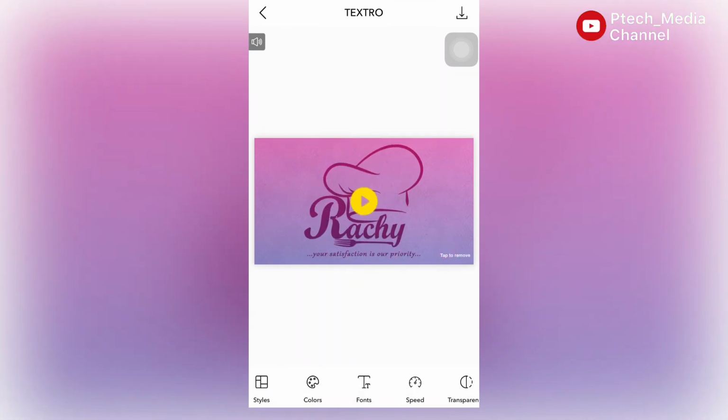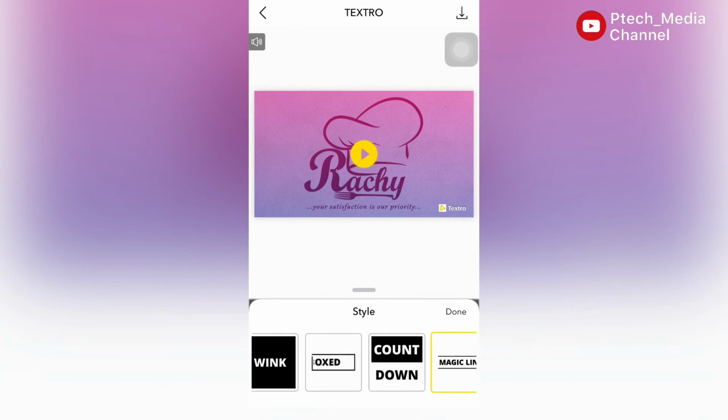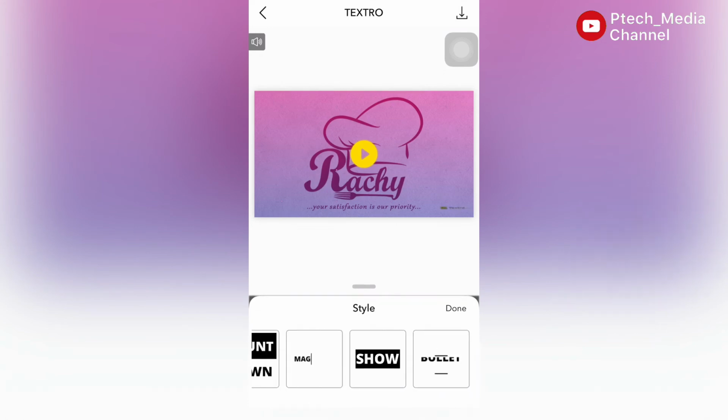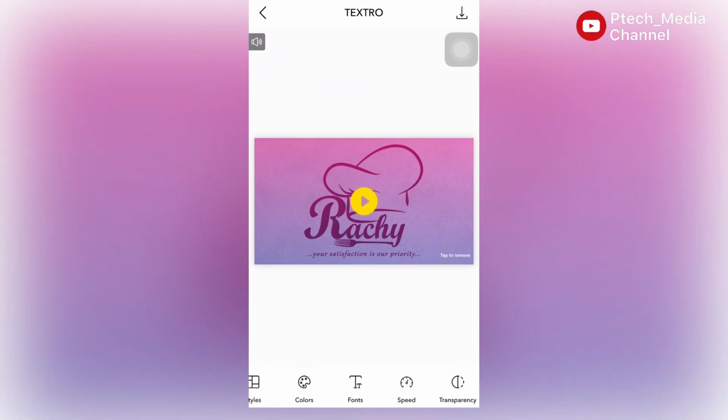You can now change the style. Yes. Change the style. Split. You can make use of this and more. Just make sure you make use of something that is very nice. Now to save. After selecting everything, there is one more thing I wish to explain to you, which is this